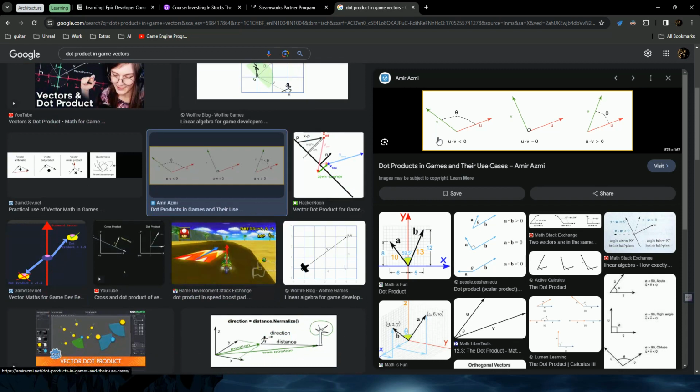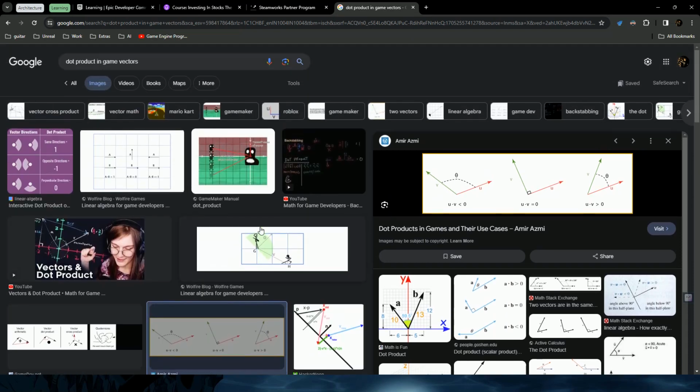If you hit your enemy from the front, you will get more points. If you hit your enemy from the back, you will get fewer points. So in all these scenarios, we can use dot product. First we will see what the dot product is, how we can calculate it, and how we can use it inside the game. These were just a few scenarios where we can use a